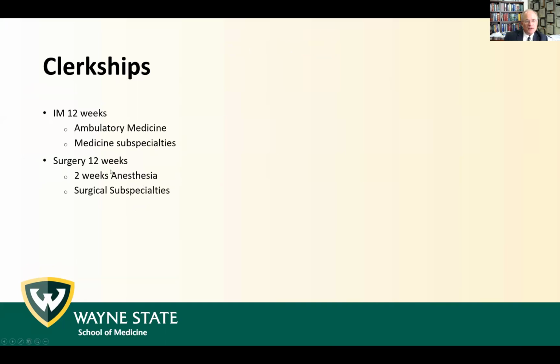In surgery, it's 12 weeks, which is a long time if you're not going to be a surgeon, but everybody does 2 weeks of anesthesia during that time, and then rotates on surgical specialties. So you may spend a month on general surgery floor, and then a couple weeks on orthopedics, urology, ENT, and